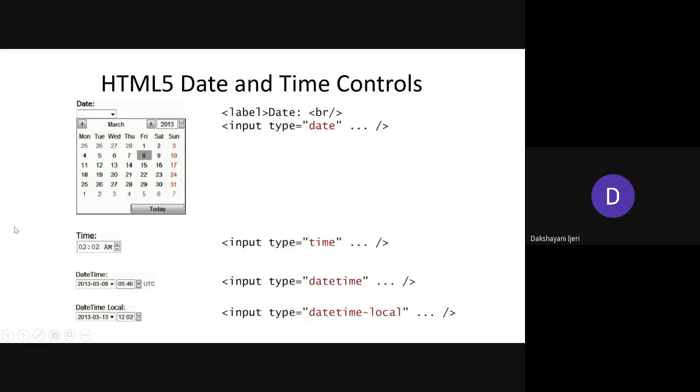Correct. Okay, so in the same way, whenever you want the input time to be created in your form, you can go for using the input type is equal to time over here. So if you use this in your form, it is going to give you these two buttons in order to increase and decrease the time values over there.